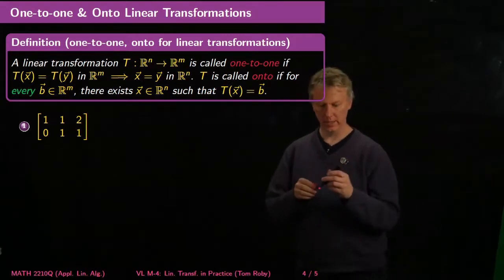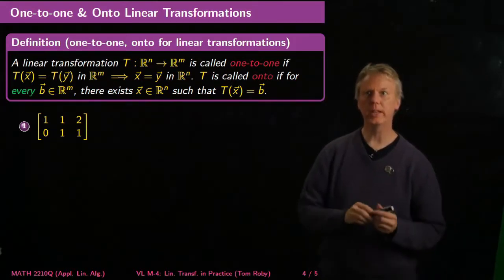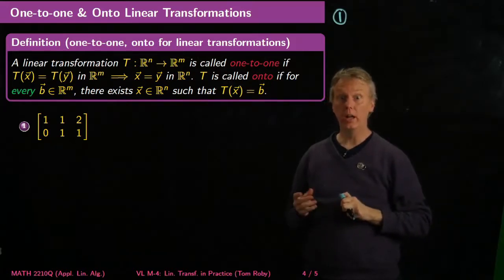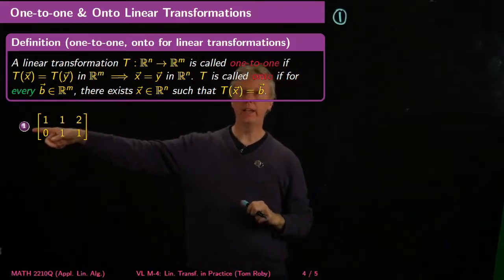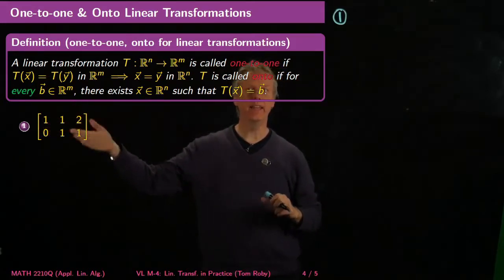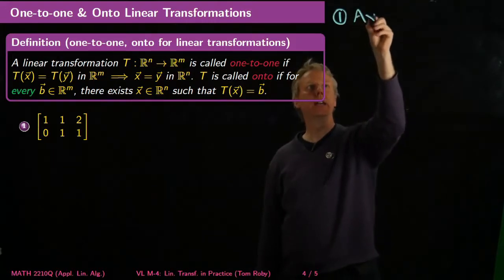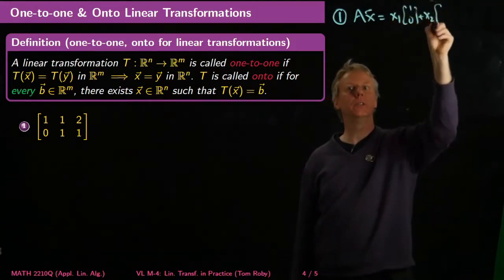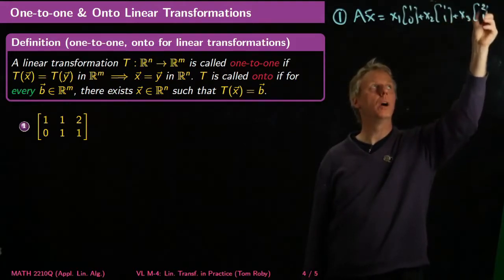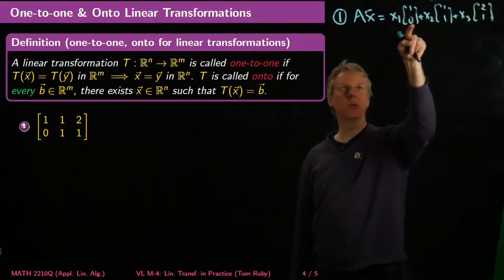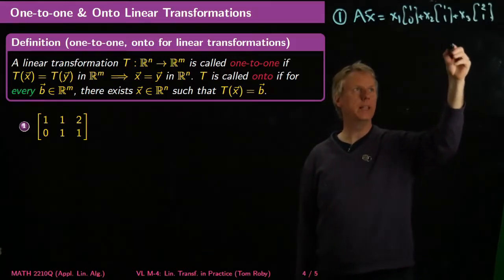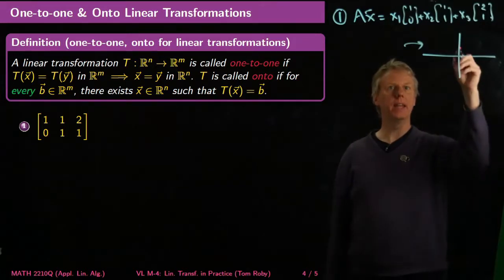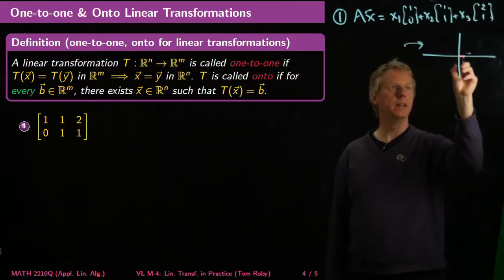So I guess I should write some things down so that you've got a record of what we were thinking about here. So for onto, what's going on is, I'm adding, so I can get anything, right? So if I think about A times x, it's going to be x1 times (1, 0) plus x2 times (1, 1) plus x3 times (2, 1), right? Now, even if I'm just allowed to make any linear combination I want of x1 of (1, 0) plus (1, 1), that means that in the output space, what can I get? Well, I can get anything, x1 times (1, 0),